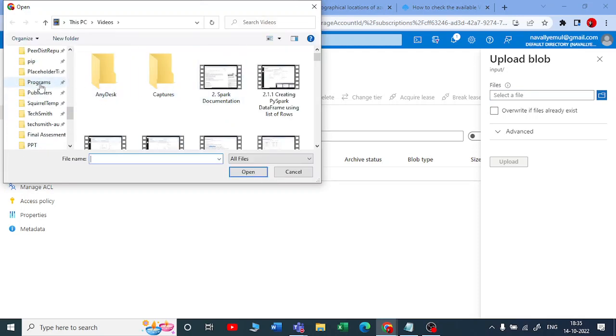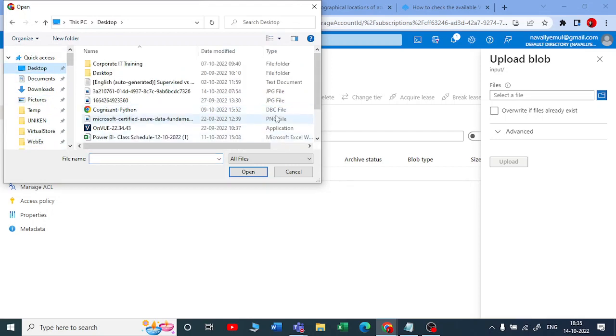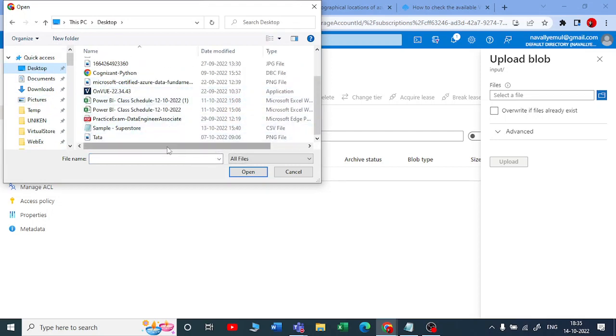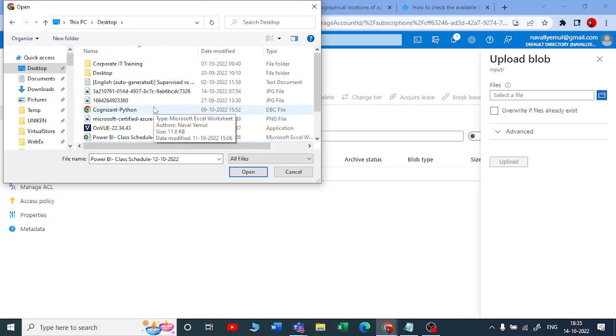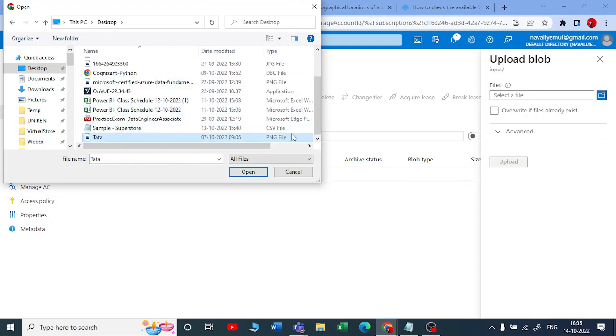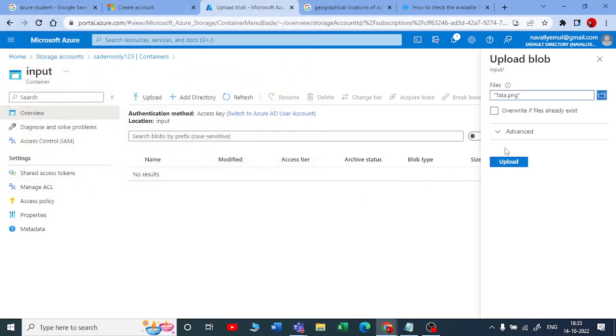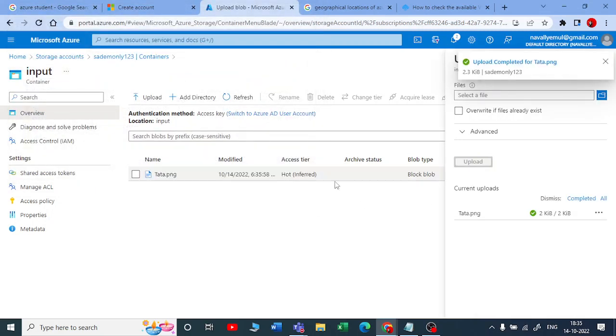Let me go to desktop. This is an Excel file. Let me take a CSV file and check, or a PNG file. Let me click on the image and click on upload. So I'm uploading an image.